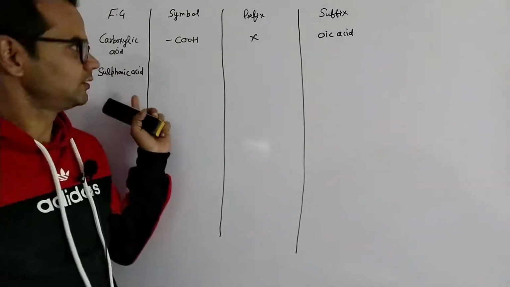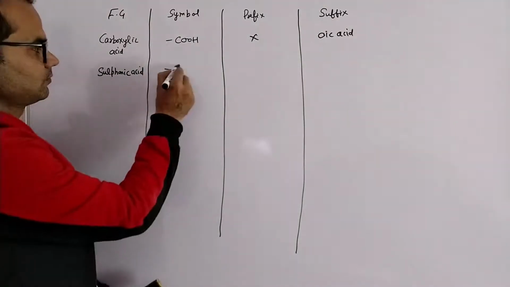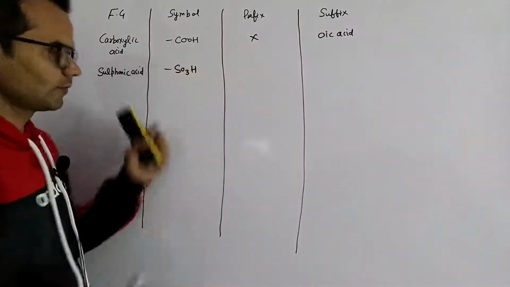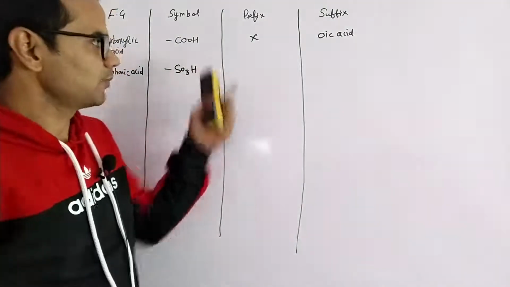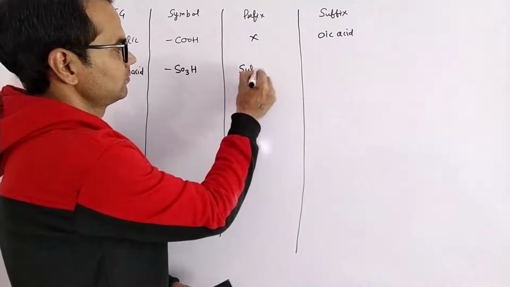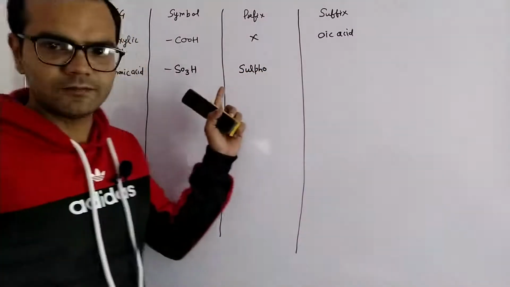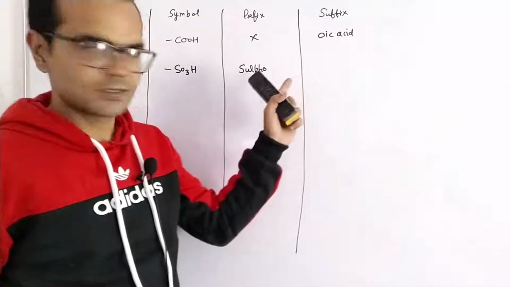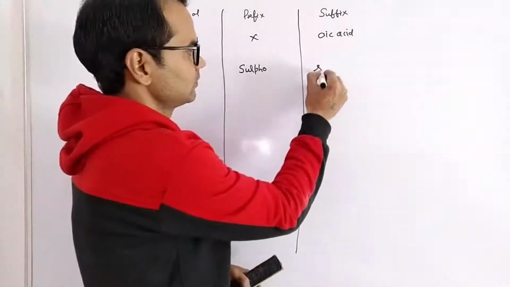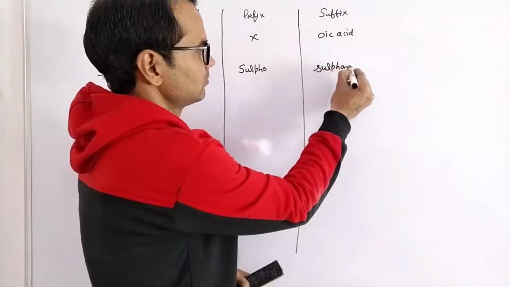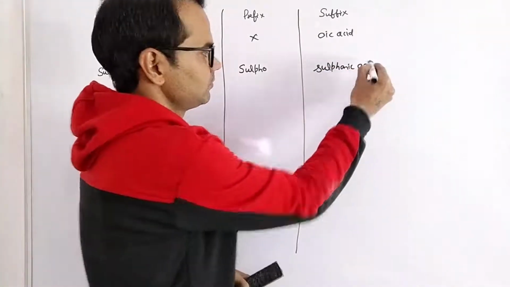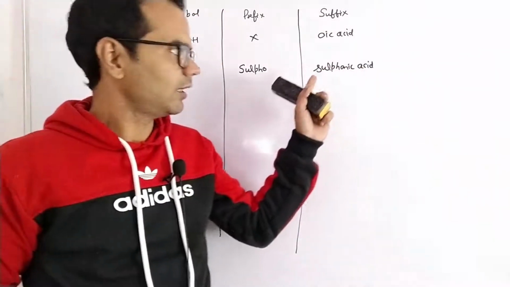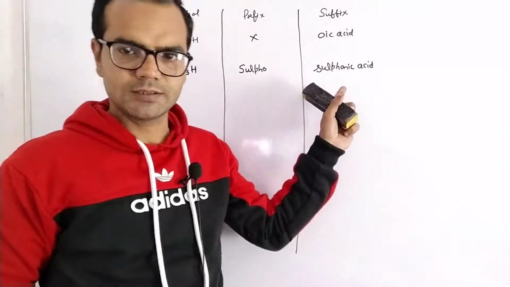sulfonic acid. Its symbol is SO3H. Its prefix is sulfo, and when it acts as a main functional group, then its suffix is used, sulfonic acid. So the general format is alkane sulfonic acid. Third is